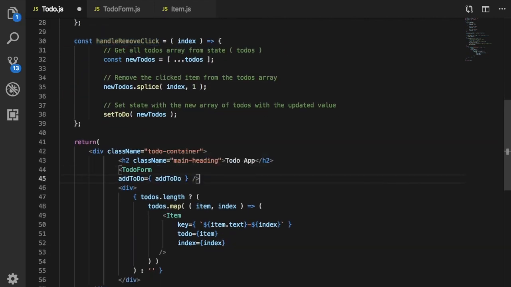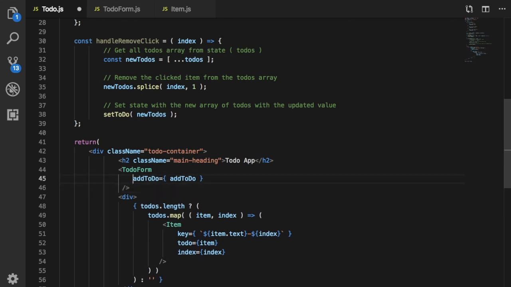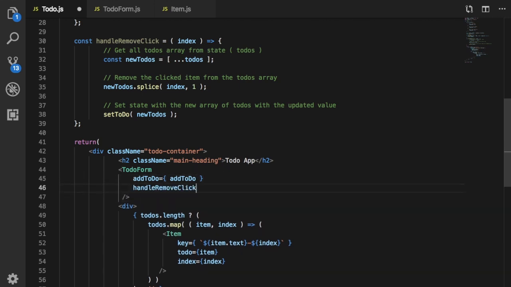So guys, as a developer, you know that 80% of our job is to fix errors. You must have seen this in building this application. I have come across different errors, but the thing is that with experience you learn how to fix the errors. Now I could fix it immediately is because I've been developing, and with time your mind develops, and your mind actually tells you where the problem is. Okay, so we can say handle remove click, and we can pass it here, and now not here actually, sorry,